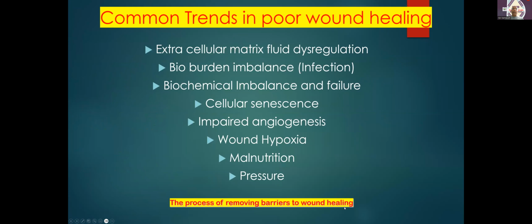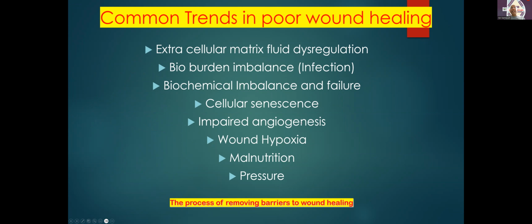Common wound healing problems are extracellular matrix dysregulation, increased bioburden, which is one of the problems with infection, biochemical imbalance, and cellular senescence, and impaired angiogenesis is significantly noted in